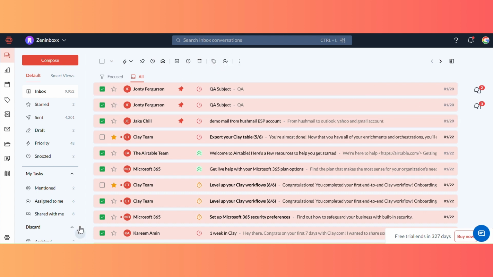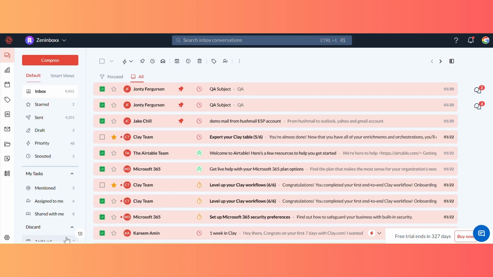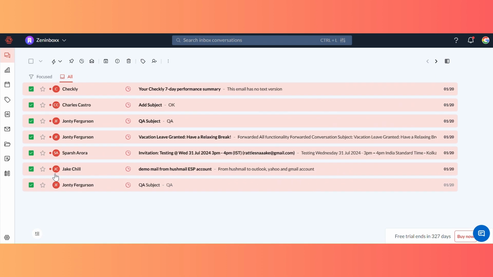Expand and collapse inbox views. ZenInbox provides an intuitive way to manage your email folders efficiently. Collapsing and expanding the sidebar: click the collapse icon at the bottom of the left sidebar to minimize the navigation panel,